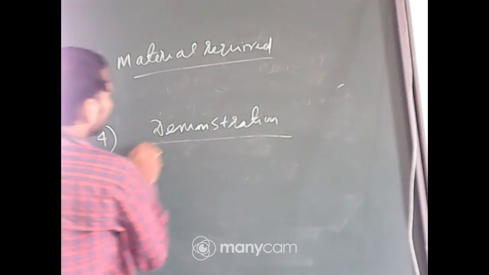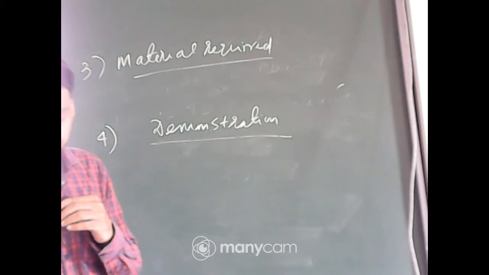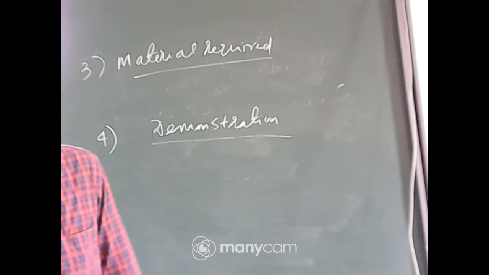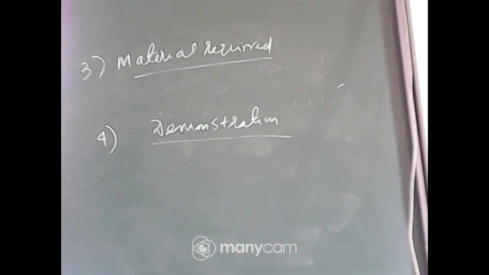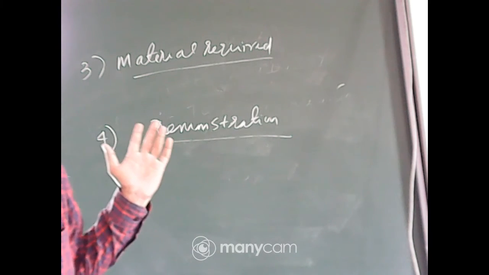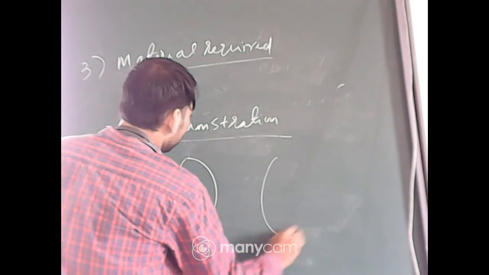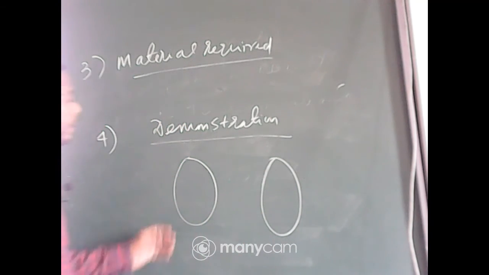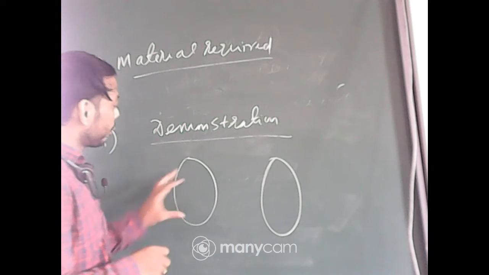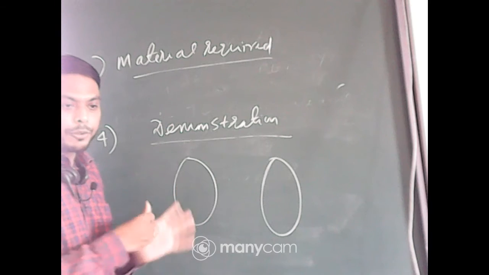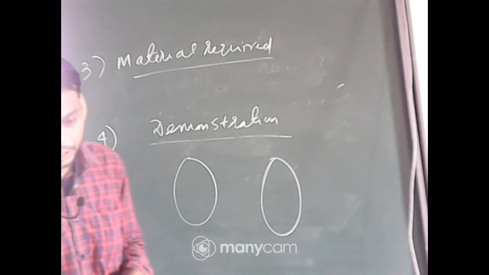This is the most important point, demonstration. The fourth point is the most important point. Again, it will vary student wise. Now, for this activity, suppose you are making domain and codomain with some chart papers or colorful papers. This will be formed, not just a drawing. I am drawing here, but you will make it with chart paper, art paper or color papers.